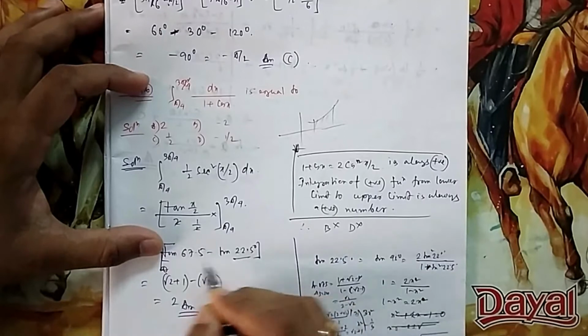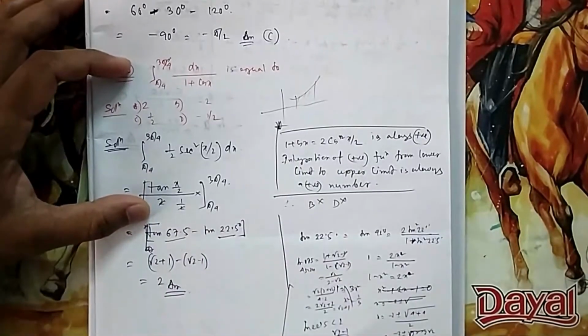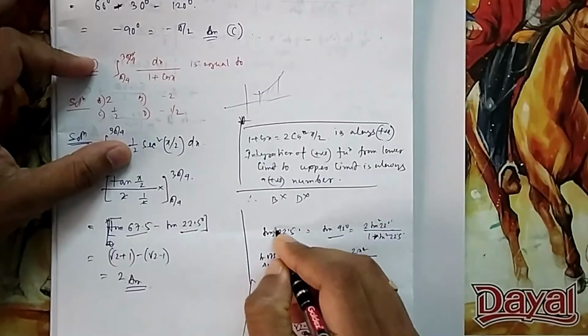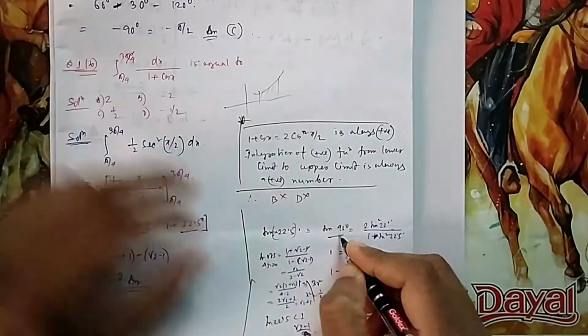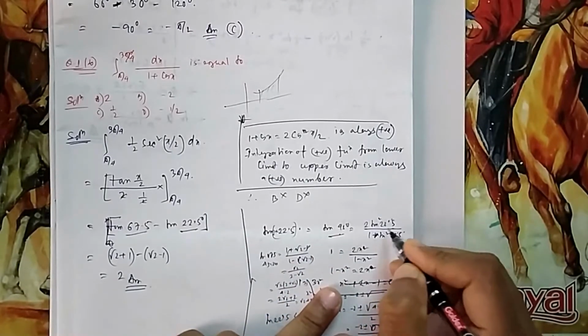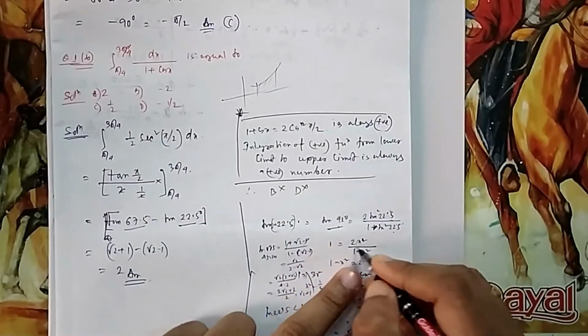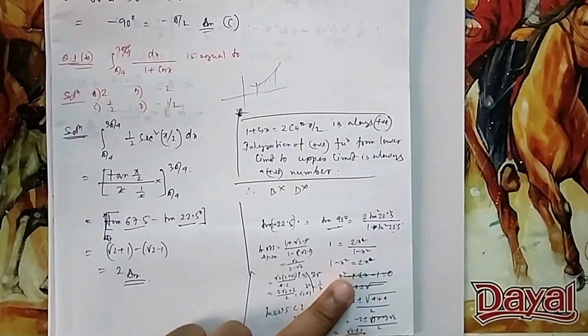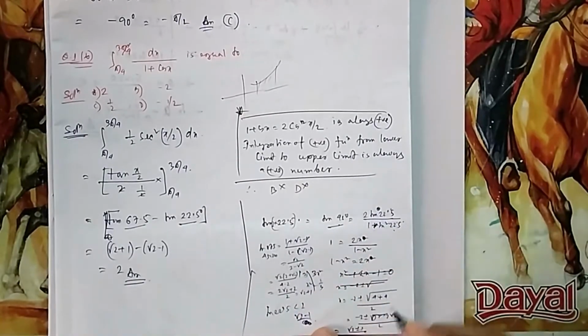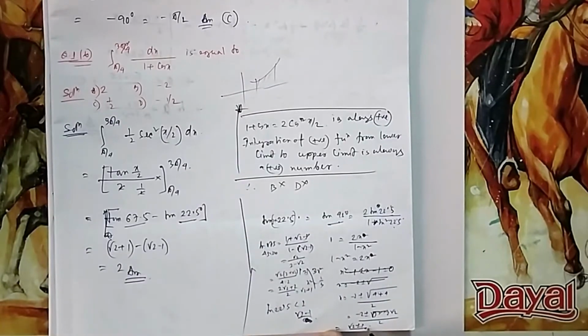Now these things, if you don't know tan 22.5, you can calculate in the exam, because tan 22.5 you can write as half of 45. So tan 2θ = 2 tan θ by 1 minus tan square θ. So tan 22.5, if you don't know, let it be x, so 2x by 1 minus x square. It will be quadratic. If you solve it, it will be either root 2 plus 1 or root 2 minus 1.